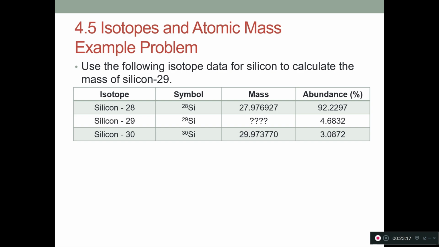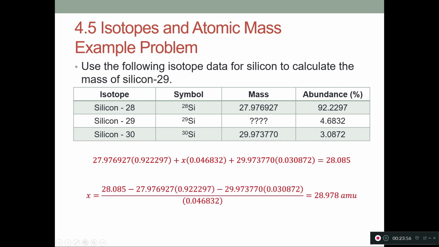We can also do this to solve for the mass of some of the isotopes. If we know what the total mass is, which you could get from the periodic table, you can use that with masses and abundances of other isotopes and then solve for the mass of one of the isotopes. We could do it something like this. We set it up where we put X in here for the unknown. That's where the question marks are here. We don't know what the mass is for the silicon-29, so we want to solve for this X. We just do some algebra to it, we solve for the X, and we get